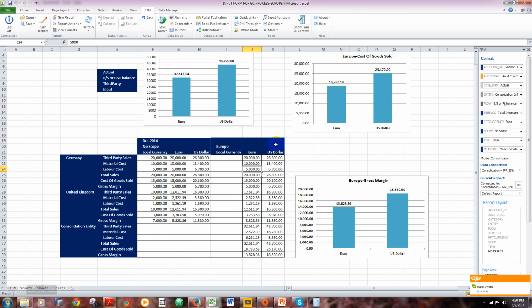So 12,611.94 plus 20,000 gives us 32,611.94. So everything ties up. And it does everything at an amazing speed. So let us perform another group currency conversion. So this time